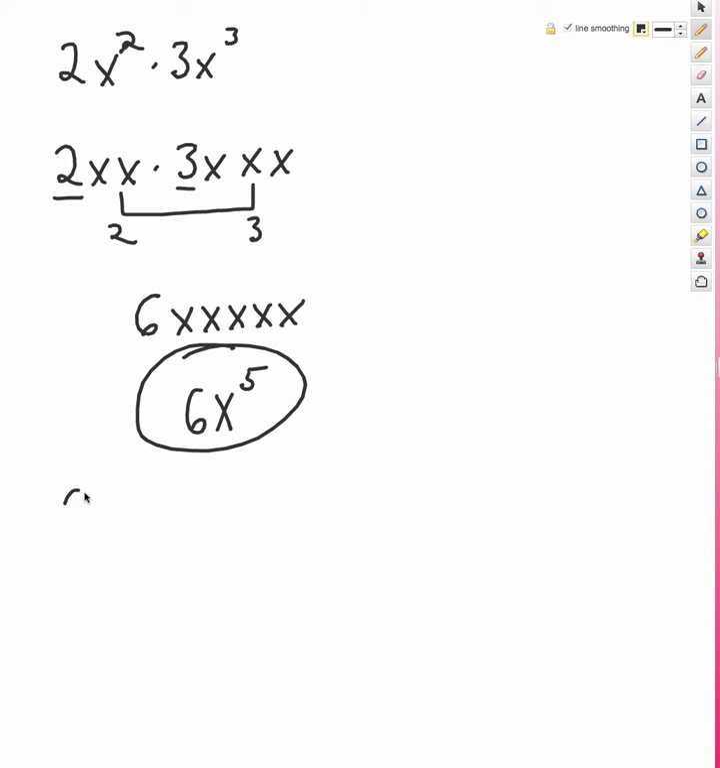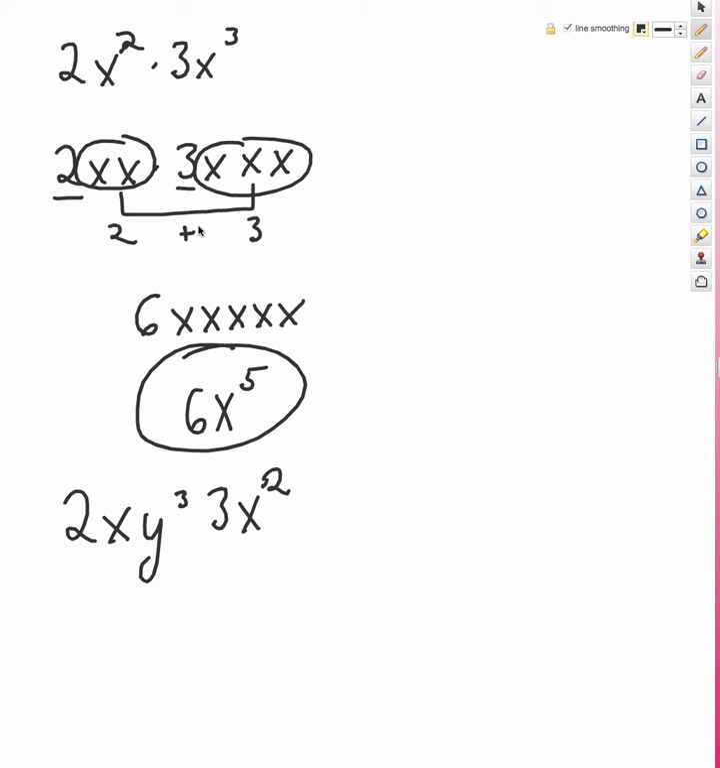When multiplying terms with multiple variables, the same rules apply. We don't have to write all of the x's out as I did in this step here. Instead, we can follow the basic rule of adding the exponents. Notice 2 x's plus 3 x's resulted in our exponent of 5. So as a shortcut,